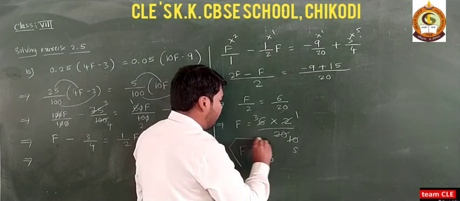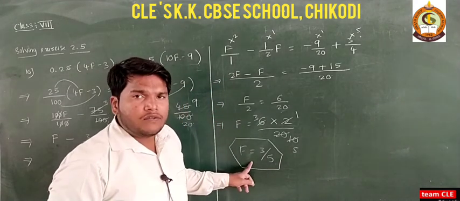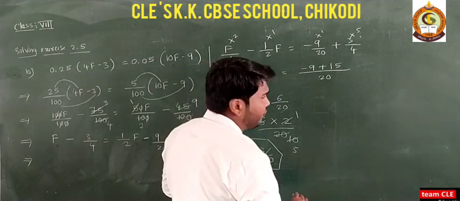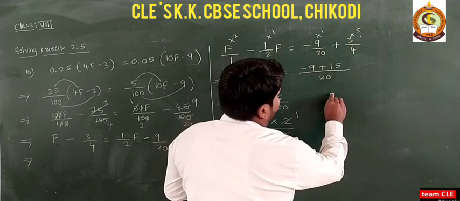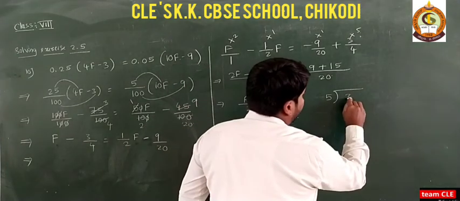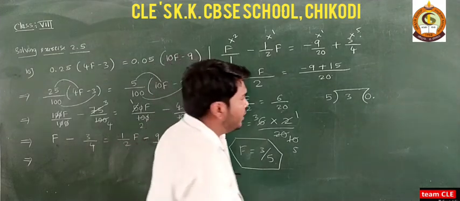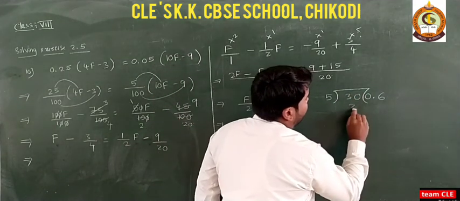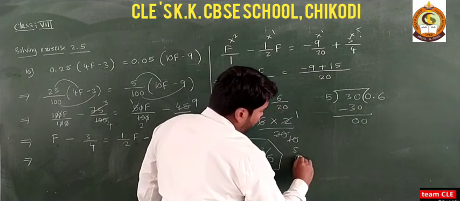You can write the answer as f is equal to 3 by 5, and you may ask, sir, what is the answer, but 0.6. So f is equal to 3 by 5, you convert in the form of decimals. So how to convert in the form of decimals? In the previous class, in the 7th standard, you have studied how to convert 3 by 5. So I will take 5 as divisor and 3 as dividend. So I take 0 point in the quotient, which means you have to increase this 0. Okay, so again this is 5 6s are 30. 30 minus 30 is 0, means the answer is f is equal to 0.6.